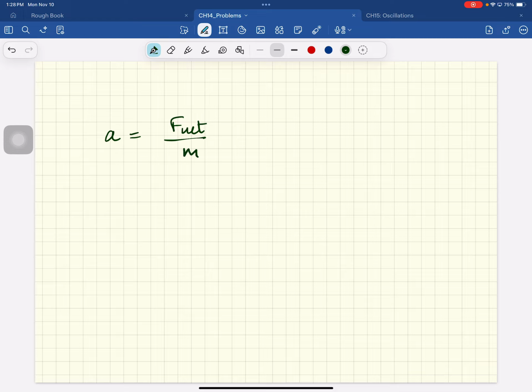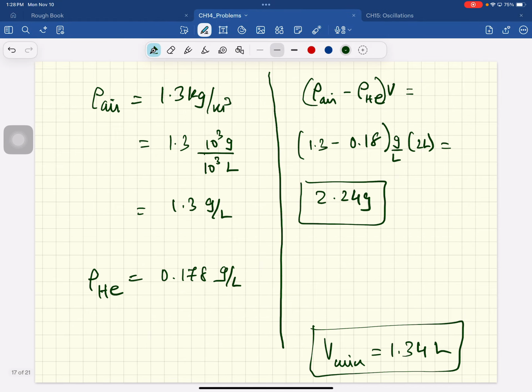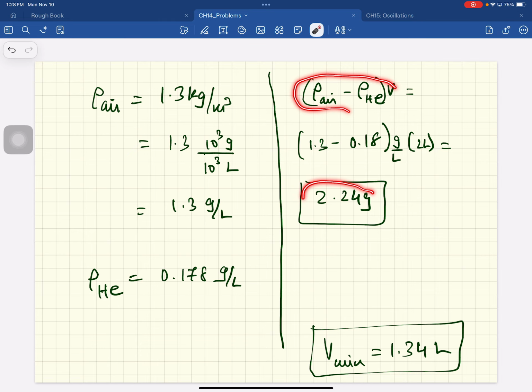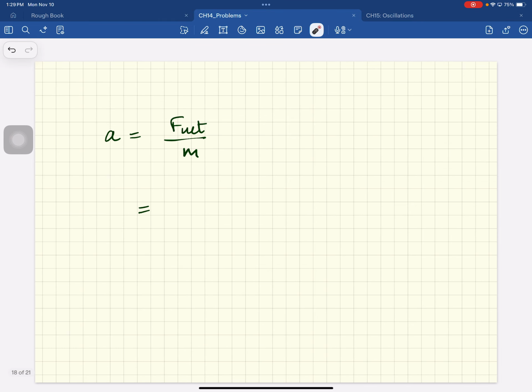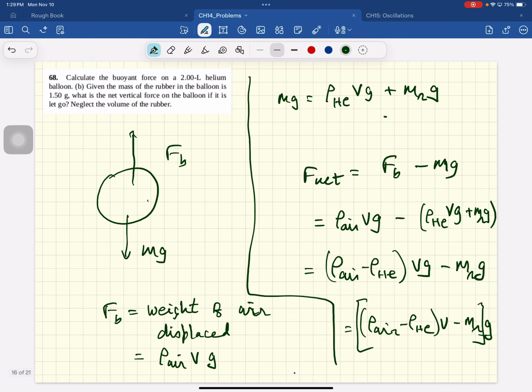The mass is the mass of the rubber and the mass of the helium. And the net force is this guy's 2.24 grams, so the net force is this guy